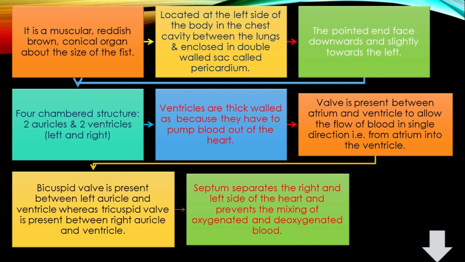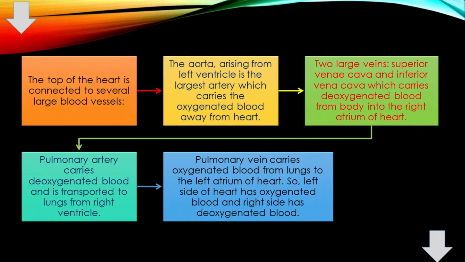Septum separates the right and the left side of the heart and prevents the mixing of oxygenated and deoxygenated blood. The top of the heart is connected to several large blood vessels. The aorta, arising from the left ventricle, is the largest artery which carries the oxygenated blood away from the heart. Two large veins, superior vena cava and inferior vena cava, carry deoxygenated blood from the body into the right atrium of